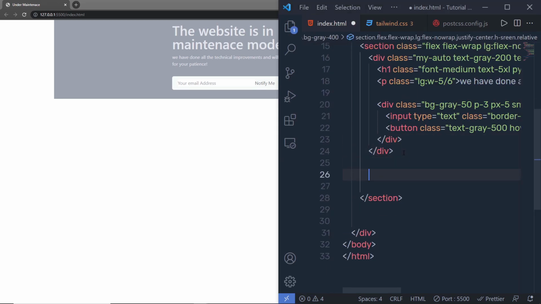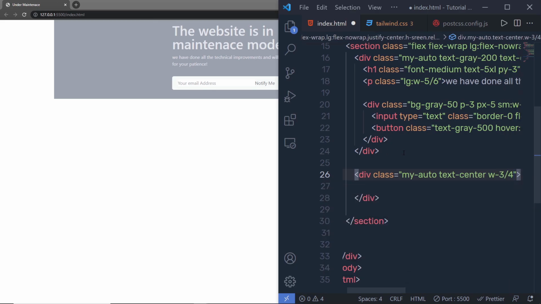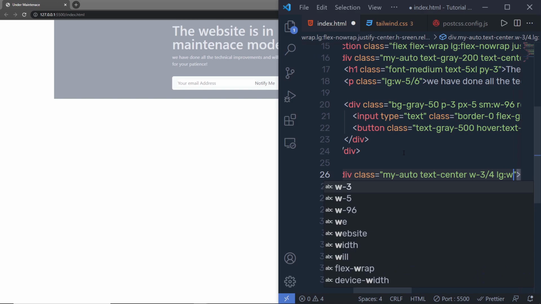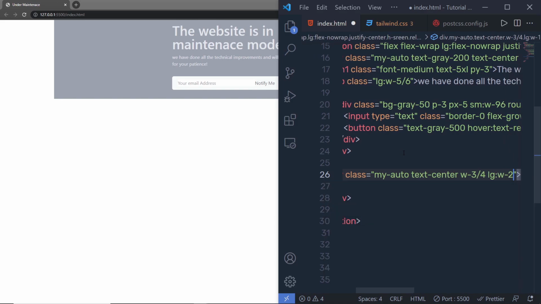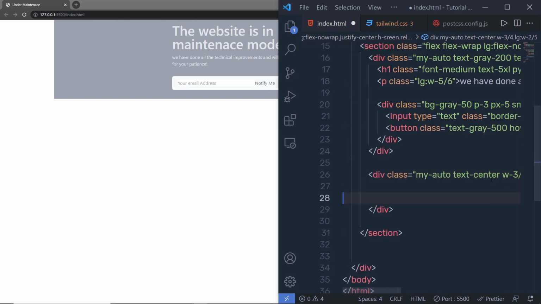So here I'm going to create a new division tag with the class my-auto. And inside this, I'm going to add my images. So first, let me specify some classes here. text-center to center all the text. Width is going to be 3/4. This will specify 75% width to this division tag. Then I'm going to specify lg:w-2/5. That's it. Just out of that, inside this div, here I'm going to add an image tag,